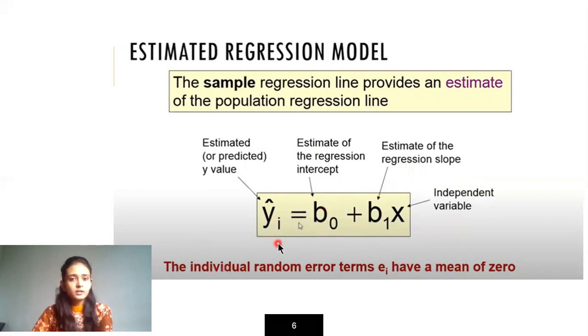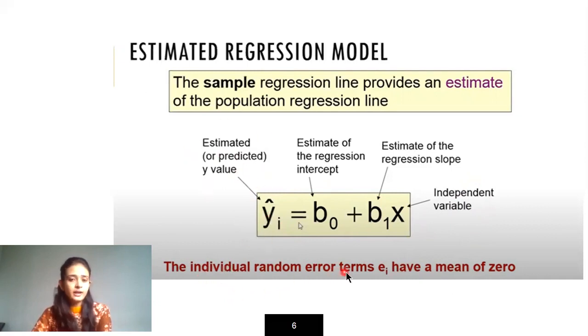Again, y is your dependent variable and x will be your independent variable. We always want to predict the value of y, that is, we want to estimate the values of y, the value of the dependent variable. And the value of the independent variable will be given to you. So if you have the value of b0, the value of b1, and the value of x, then you can easily find the value of y. This is how we are doing the prediction.